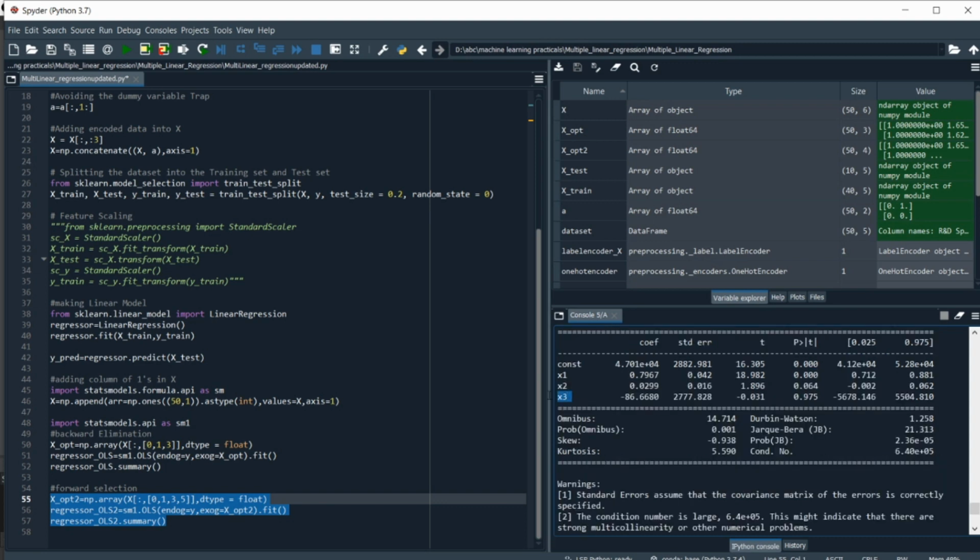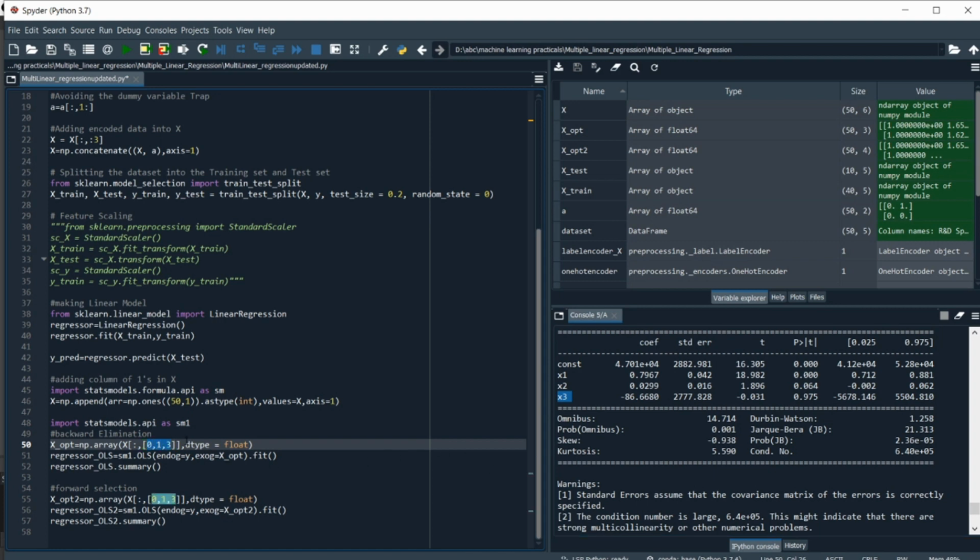It states x3, that's the independent variable. You may have seen in the equation that there are constant b0 and then x1, x2, x3, those are our independent variables. So here at the x3 position it's our fifth column, so we are going to remove it too. Now there are no other columns remaining, so we can see that both the approaches led us to the columns 0, 1 and 3 of the independent variables.